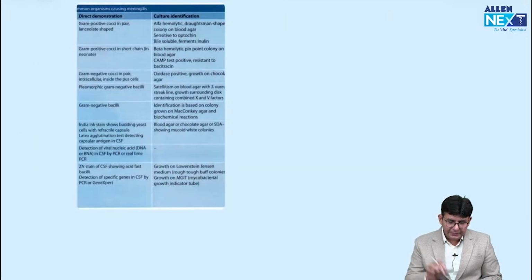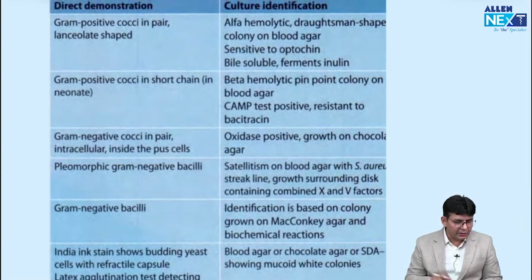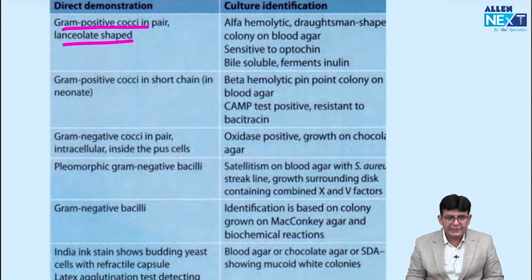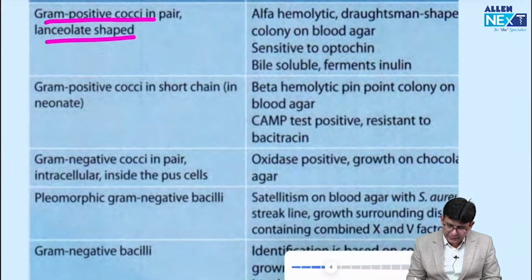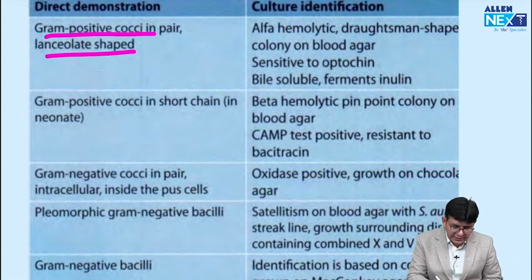Now let's see a particular table, and you should tell which particular organism we are talking about according to it. See this particular question: gram-positive cocci in pairs and lanceolate shape. Tell in the comment section what we are talking about, guys. That is a gram-positive cocci in pairs, lanceolate shape. That is pneumococcus, guys. So like that with these particular hints also, the questions might come in your exam,